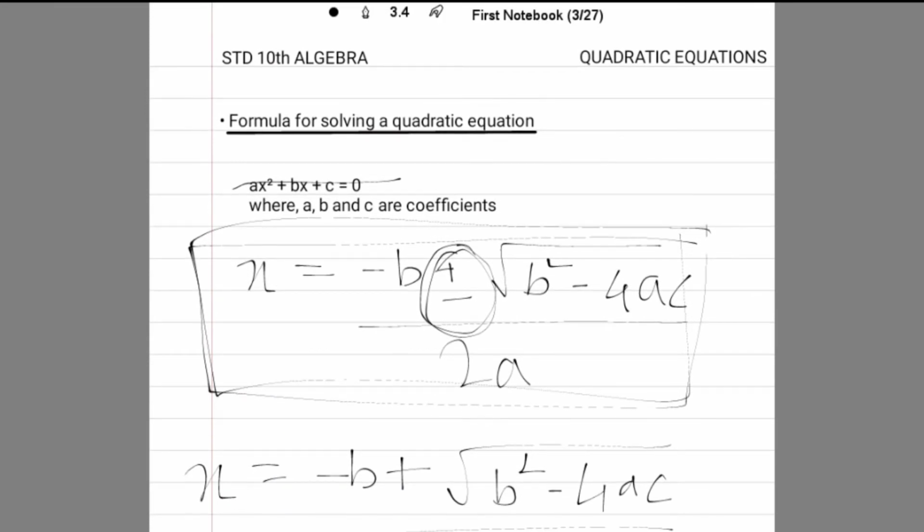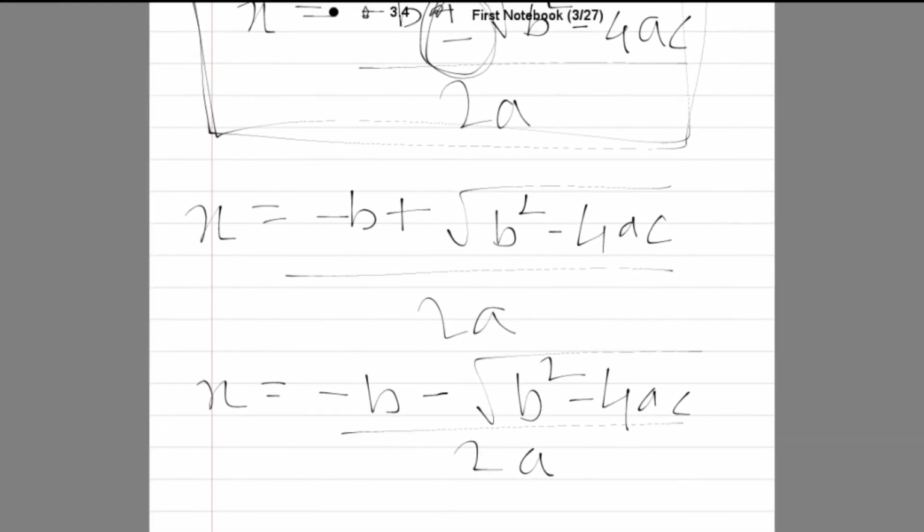So we just have to see what is the value of b, a and c and substitute it in this formula and get the value of x, the roots. So we will get two roots, right? Because it is a quadratic equation, as I have explained in the previous video. So we will get two roots here, and we can just name them as alpha and beta, right? So generally alpha is bigger than beta because alpha is this formula's root, that is the plus root, and beta is the minus one.